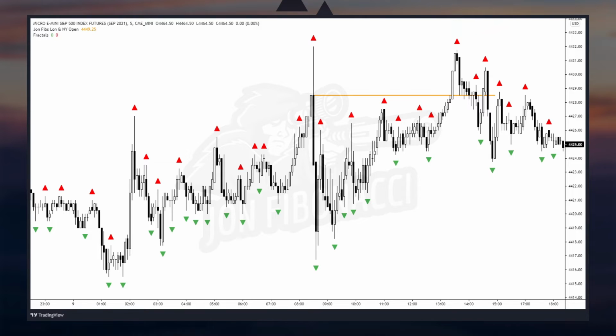So that's when the context of when and where and why that fractal forms, I think, is really the most important part. So I'll go ahead and show you